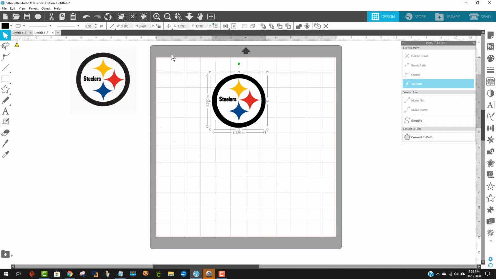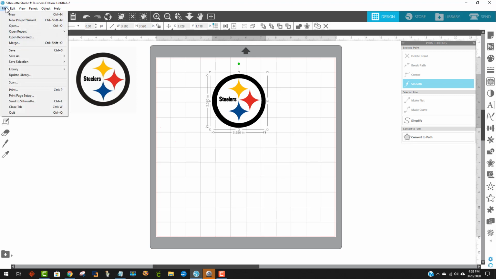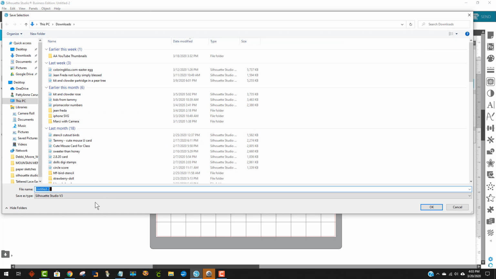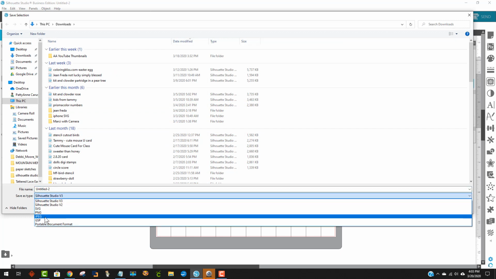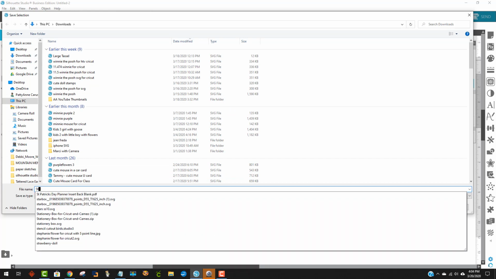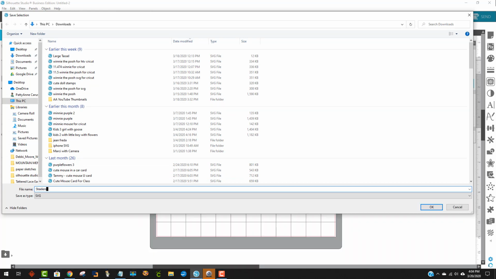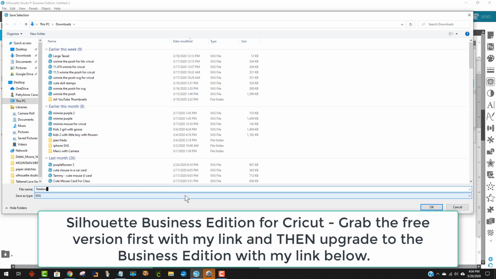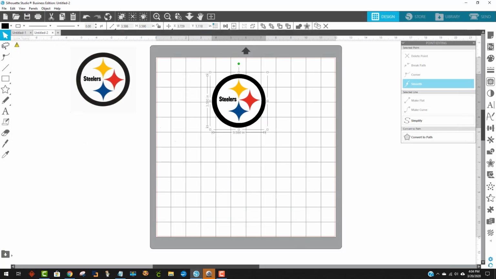Group. And then with that selected, I'm going to go to File, Save Selection, Save to Hard Drive. And since you've purchased this for your Cricut machine, you can save this as an SVG. Again, it's a one-time purchase. It's not something you have to rent every month or pay for a big payment for a year. It's just about $60 total, and you own it forever. So I'm just going to name this as Steelers SVG and say OK. And there it is. So now I'm going to come over to Cricut